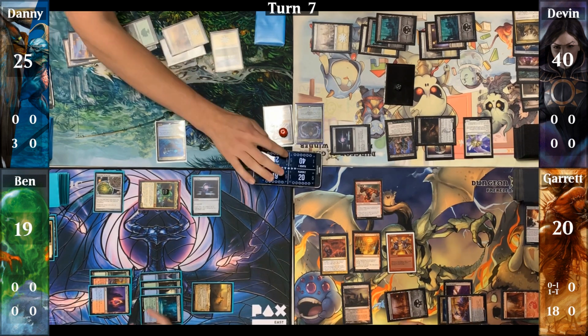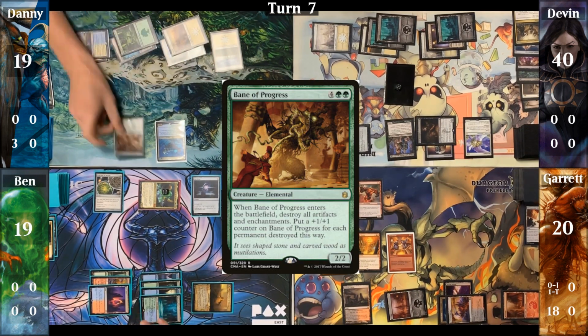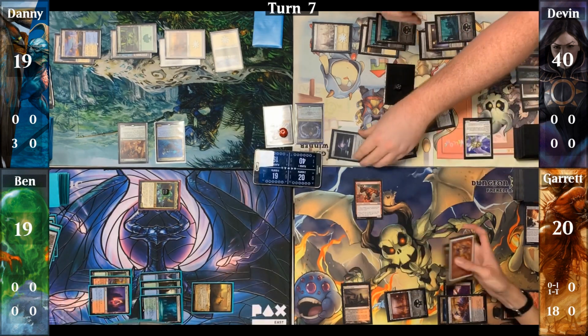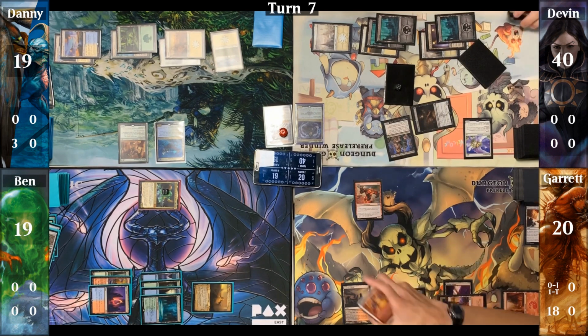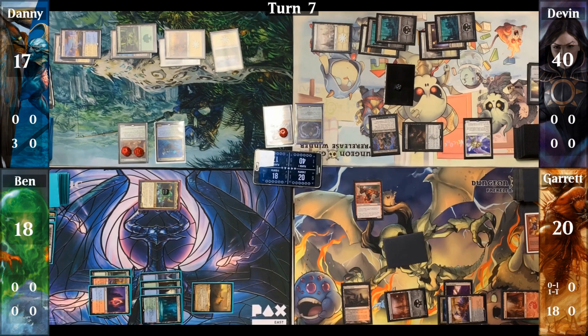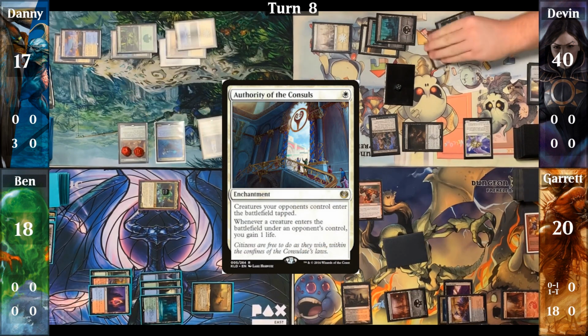Danny takes a total of 6 damage in his main phase to cast a Bane of Progress. As it enters, it destroys all artifacts and enchantments, and puts 7 +1/+1 counters on itself. Garrett then reminds him of the 2 damage from Sulfuric Vortex. Danny then follows up with an Authority of the Consuls. Devin untaps,